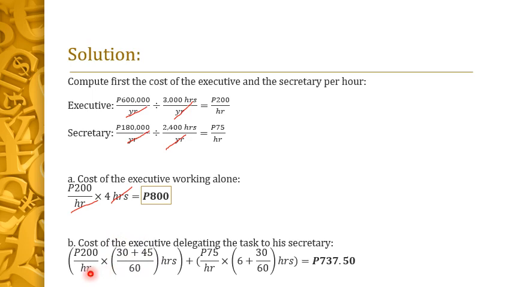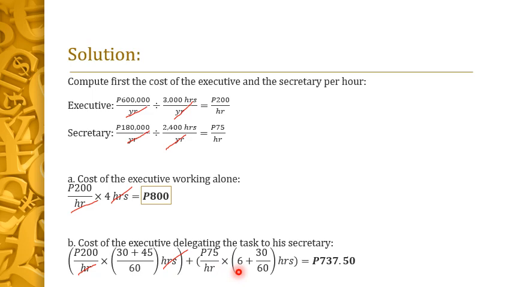We need to be consistent with hours. So we need to convert these minutes into hours by simply dividing by 60 minutes, because in 1 hour, there are 60 minutes. We cancel hour, plus the secretary costs 75 pesos per hour